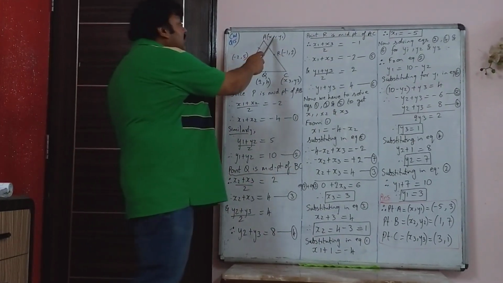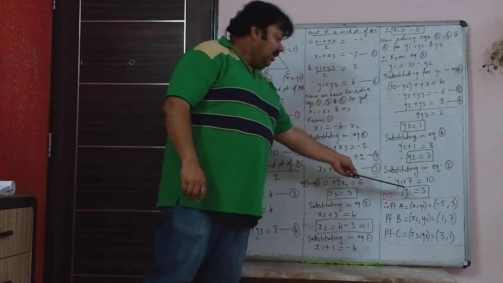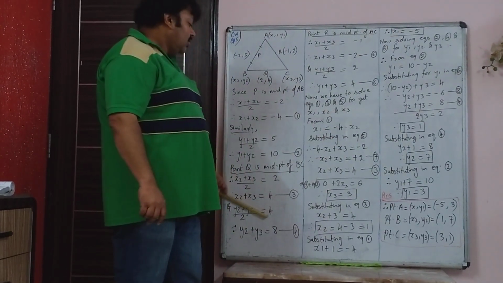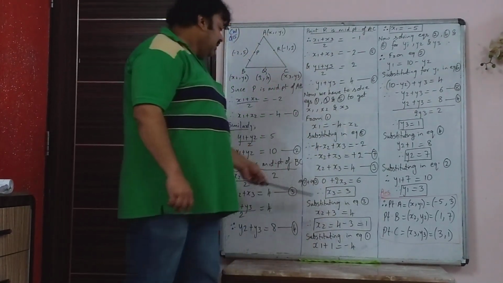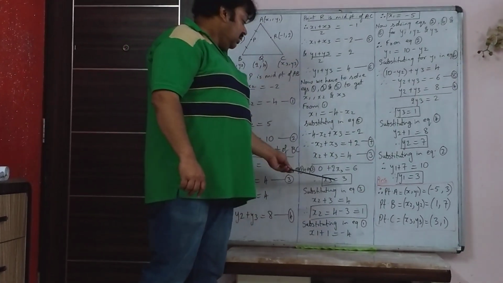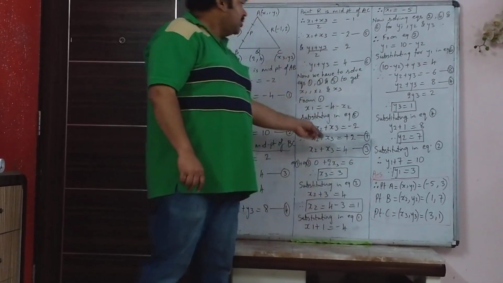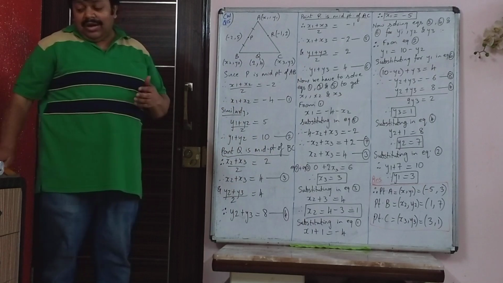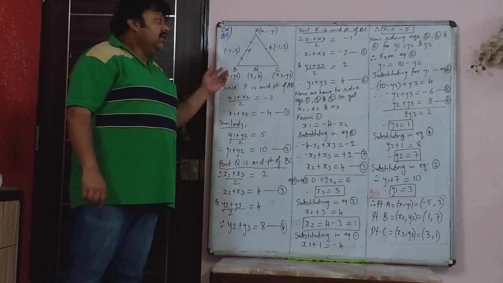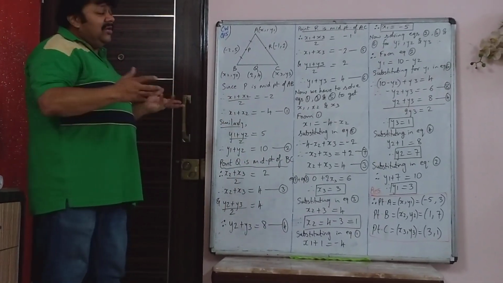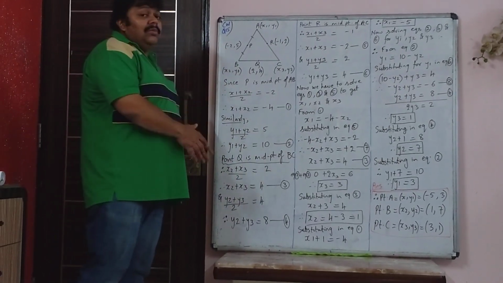After that you have to write A is x1, y1. Your x1 you had found there, minus 5, and y1 is 3. B is x2, y2, so 1, and y2 is 7. And C is x3, y3, so x3 is 3, and y3 is 1. So those are the coordinates of triangle ABC. This sum I will not ask in my test, and I do not expect any of the schools to ask, neither would it generally come for the board, but some schools can ask in a term exam. So you should just know the method and how you got it.